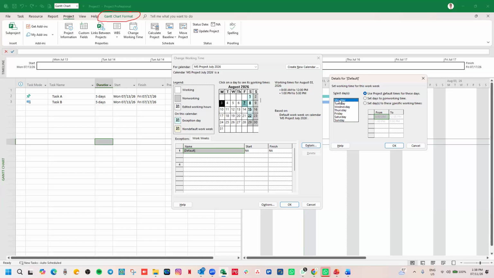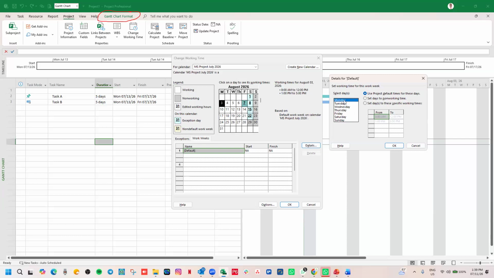If I choose Monday, I have options to alter the time. If I make any alteration, it affects all Mondays on this calendar. It will not be limited to any particular day or any particular Monday. It will change all the Mondays. So if on your project, you will not start work at 8, but you start work at 9 throughout the project, then what you do is that